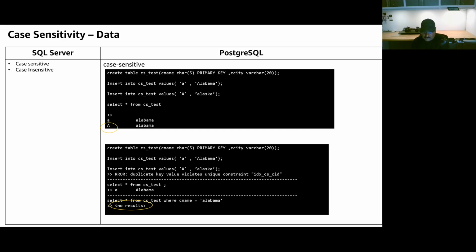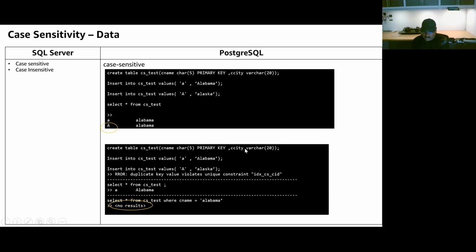Why it is important to know that Postgres is case sensitive is because if you look at the top example here, you created a table with just two columns and made the first column a primary key, and it still allows duplicate values, as long as they use a different case. But if you are using a primary key, then it shouldn't, right? So knowing these differences is pretty important when migrating to Postgres, knowing that Postgres is case sensitive.